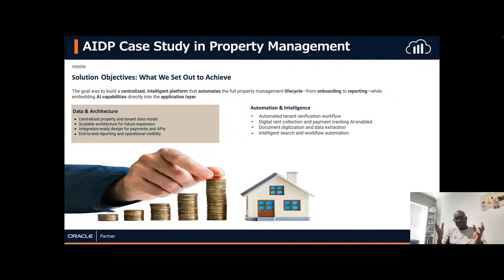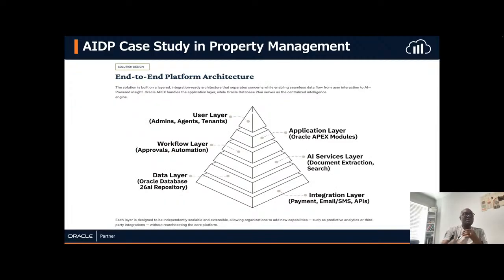Another key thing is intelligent search and workflow optimization. When you look at the solution design end to end, we have the user layer, which covers the admins, the agents, and the tenants. The workflow layer captures the approvers and automation.